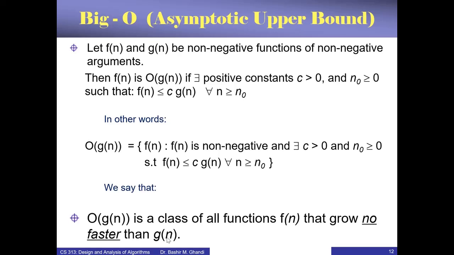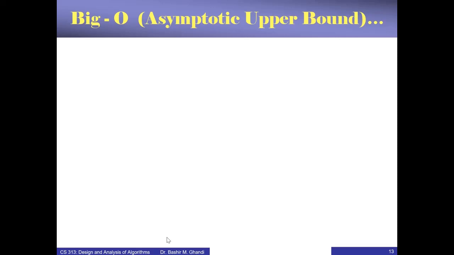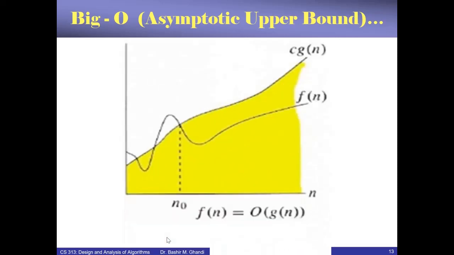Again, like we did for the big theta, let us see what we are saying graphically. That will explain it even better. So this is the graph showing the relationship between f(n) and g(n) in the case of big O. So here, as you can see, we are only concerned about the upper bound. So again, like we saw for theta,